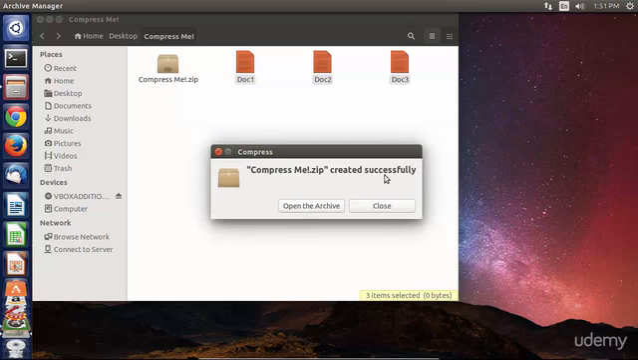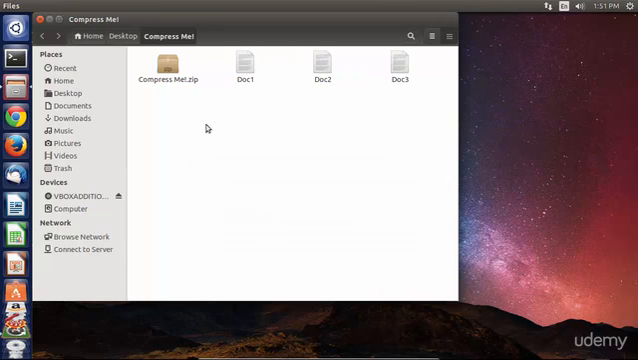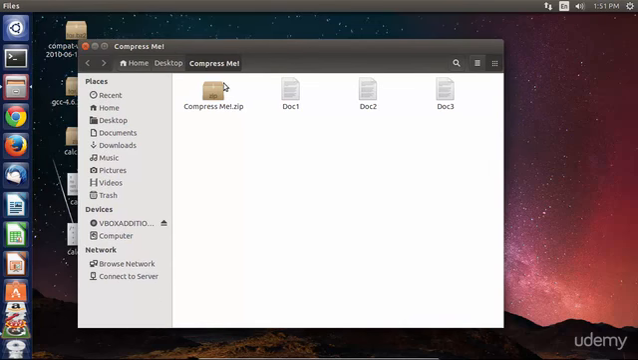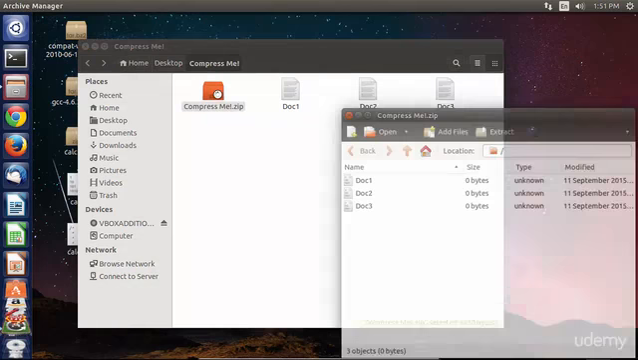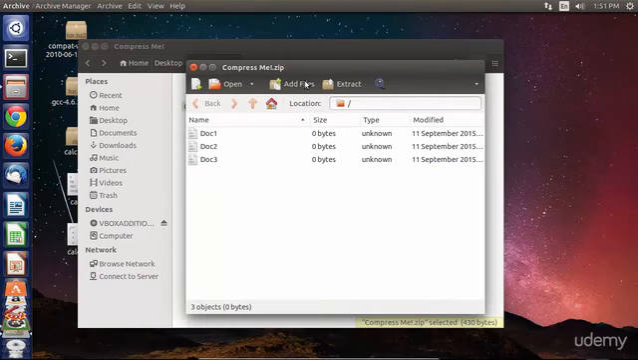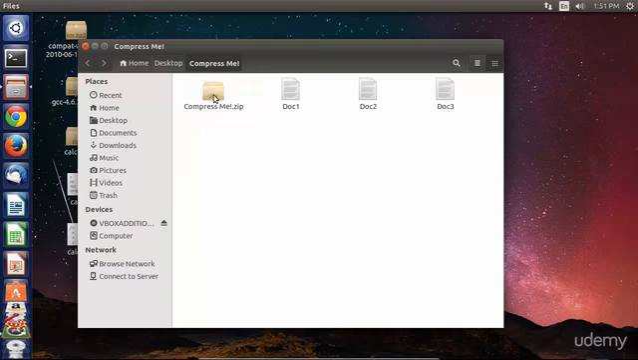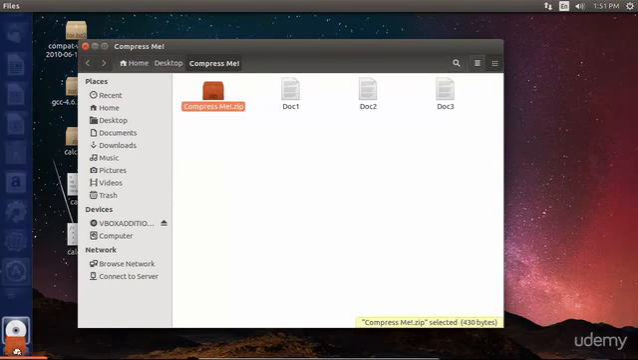You can see now that the archive was created. We can choose to open it or close this message. And here you see the compressme.zip file. Now it's named compressme because that's the name of the folder in which these files resided. But if we open up the zip file, we see that it only contains these three files that we selected. We'll now move this to the trash